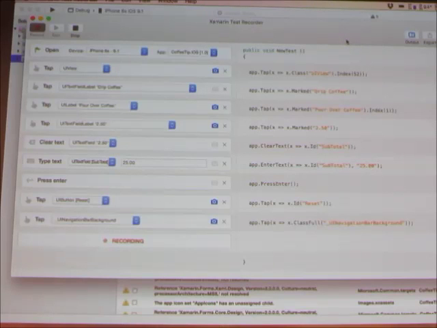And the best part is I gave a Xamarin seminar not too long ago. And I was showing the REPL command line because that's all that was available. And someone in attendance at the seminar said, well, isn't there a way to just record the steps as you do it on the device or on a simulator? And I said, no, unfortunately, there's not. And a week later, Xamarin announced Xamarin Test Recorder. So I just emailed the guy. I said, remember that question you asked? Here you go. It was just crazy. They're on top of things, and they will constantly